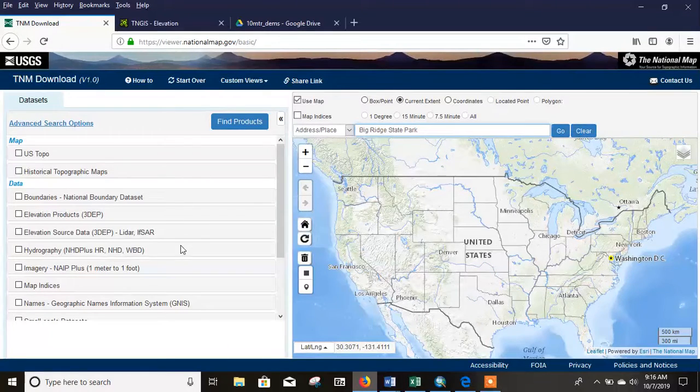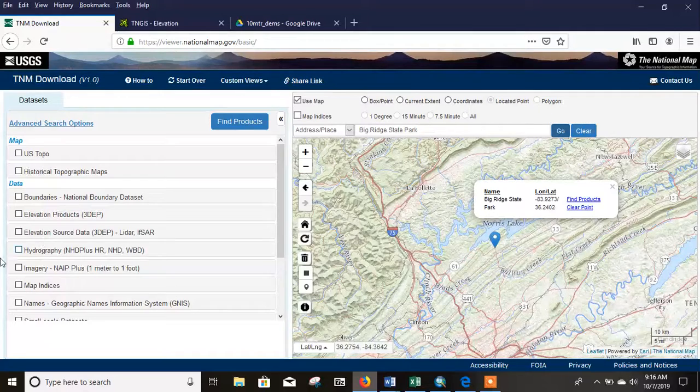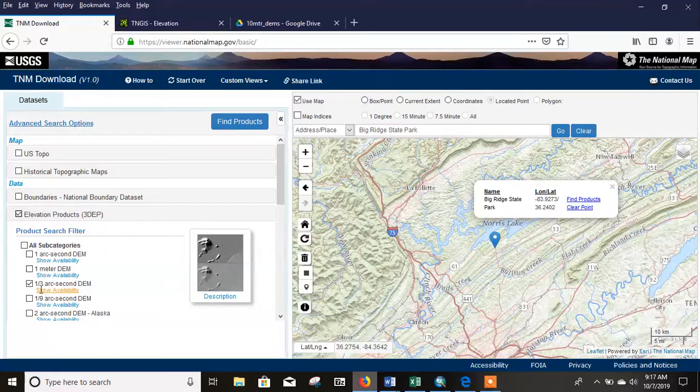But I'm going to get mine from the National Map, and I've already put in my quad. It's Big Ridge State Park, the area I'm interested in. If I click go, it'll take me there. Okay, and the product I'm looking for over here in the search side of things is the elevation products, and it's already set to 1/3 arc second DEM. I'm going to use that. You could get the 1 meters. I'm just going to go with this because I know it'll work. And when I click find products,